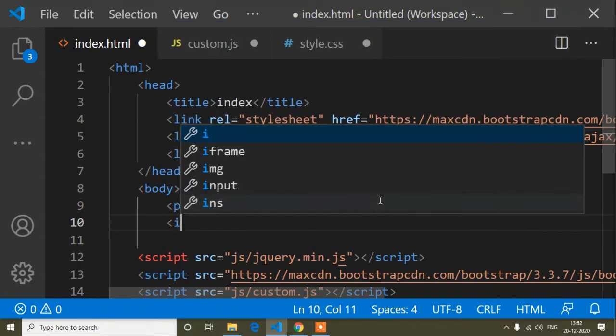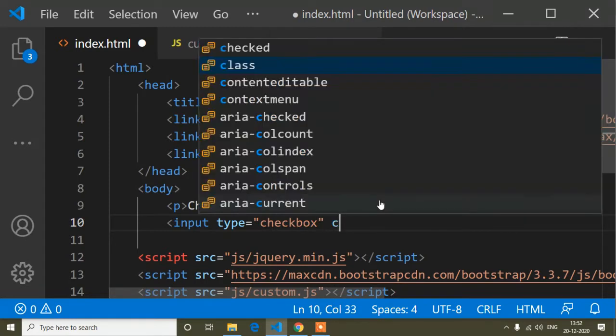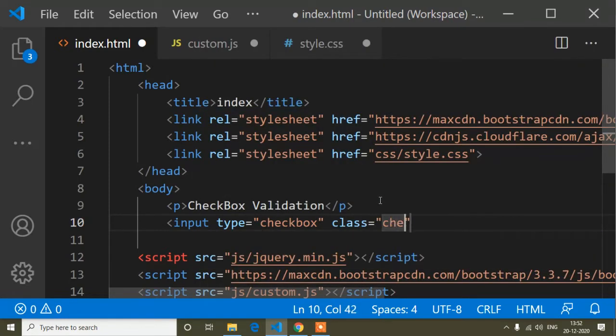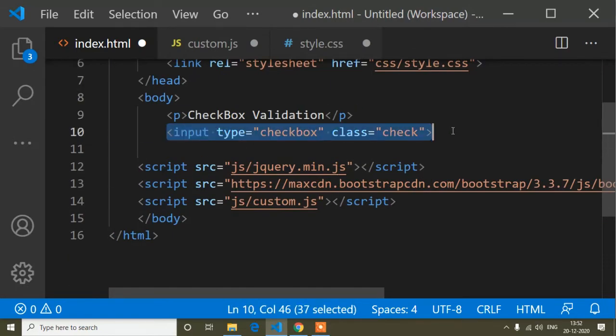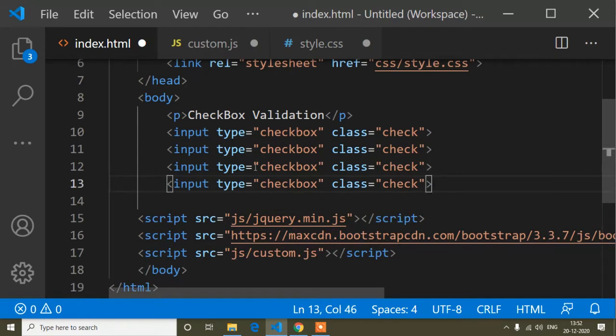So the input type is checkbox, and here I will add a class that is check. Now I will copy this checkbox and paste it 3 more times.